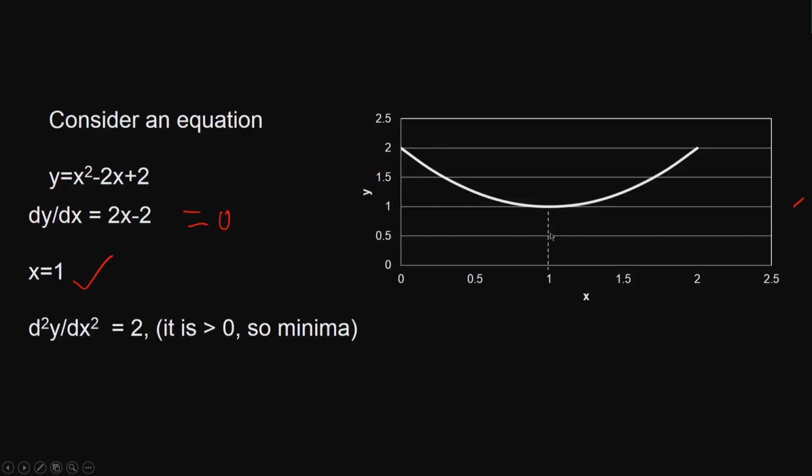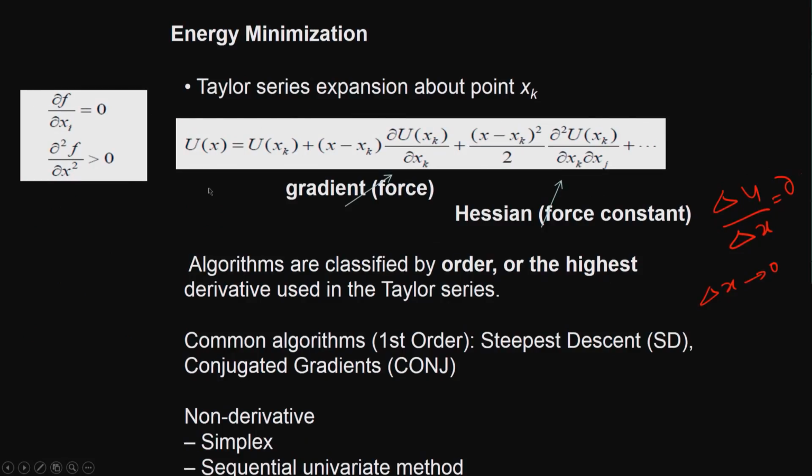okay. So simple equation, we can even plot it in Excel and find that x is equal to 1 is the minimum value for x, okay. Or how do you do it? We take a dy by dx and then equate it to 0, and from there you calculate x. To cross check whether it is minima, you take a second derivative d square y by dx square, here in this case it is 2, it is greater than 0, so it is a minimum. So two conditions, like I mentioned, we need to look at these two conditions for minima,